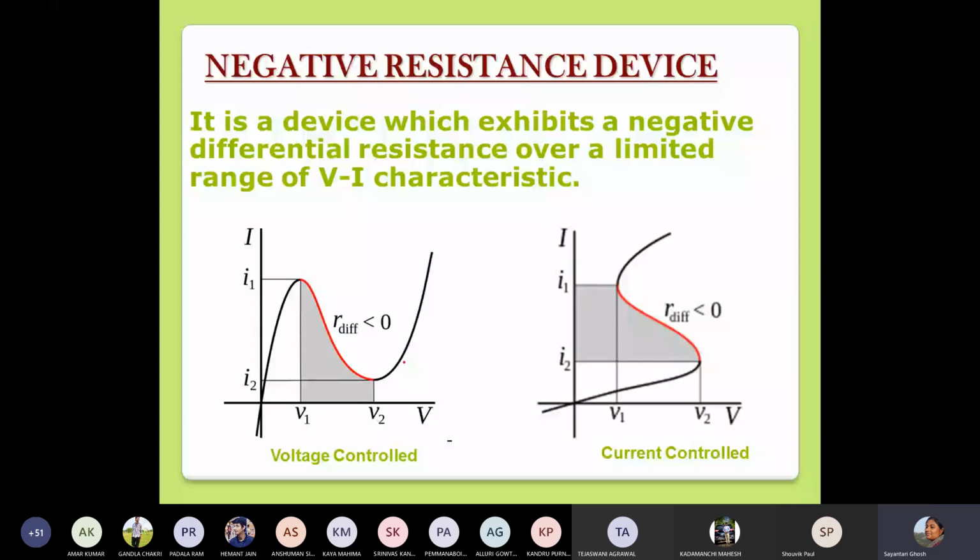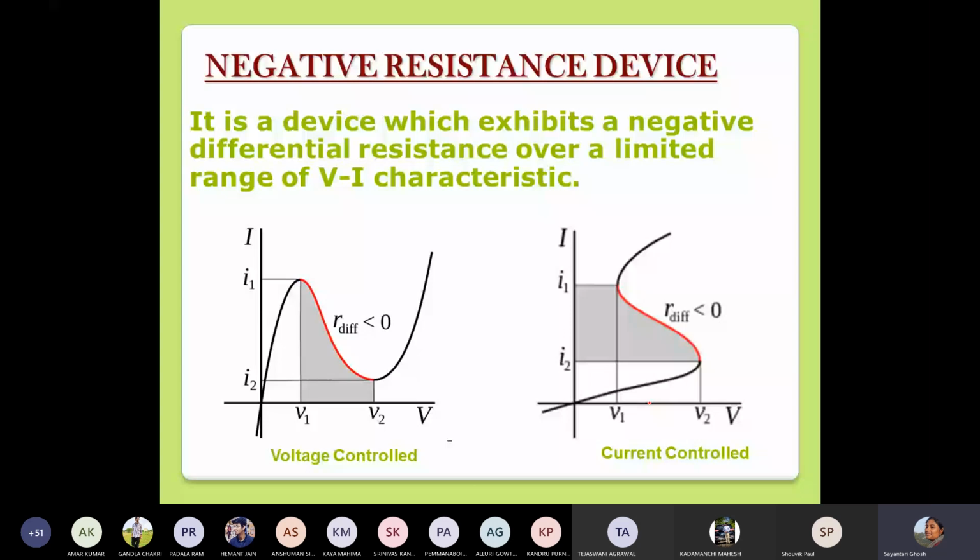One family is called voltage control, another one is current control. But you can see the similarity between these characteristics, that they both look like an S, right? This is a rotated S kind of a thing, and this also looks like an S, where you have a regime that has a negative proportionality region. Here between V1 and V2, if you note, the current decreases as the voltage increases. Similarly here in this region, if you change the current, then it goes the other way, right?